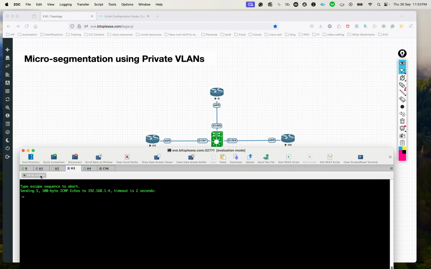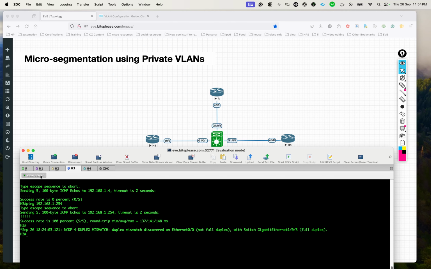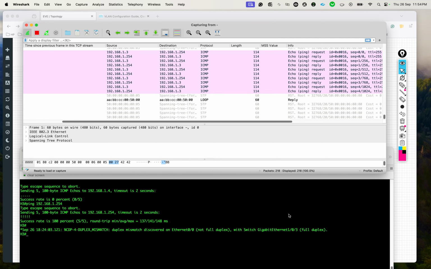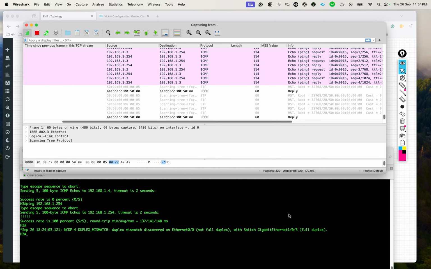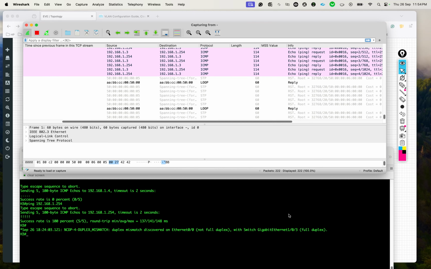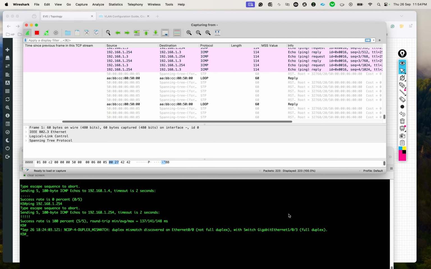Let me try in a couple of seconds. Okay, so instead of pinging 192.168.1.4, I'm gonna ping 254, and there you go, things are working, right? And my capture should also show that. There you go, my capture is also showing that. So what we understand from this, the port in the isolated VLAN is able to talk to the promiscuous port. Perfect. Till now we have just reinforced our learning about private VLANs, which we all probably studied during our CCNA,